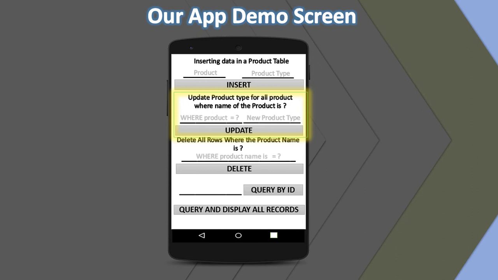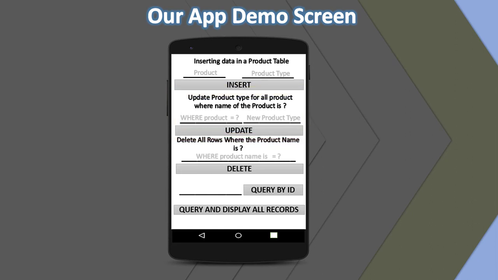It will update the product type on the basis of the product name. So when we click on this update button, the corresponding type of the product will be updated. It sounds confusing, but when we develop this in the development environment, it will become very clear to you.